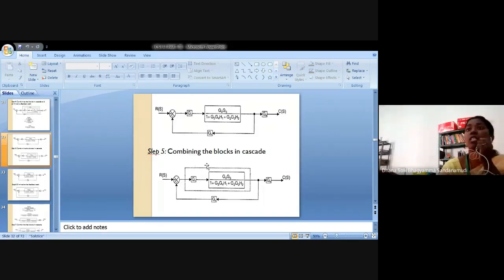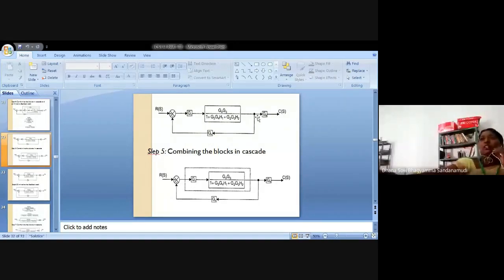In step number 5, I have simply only combined it. You can perform both the operations at a time in step number 5 itself. I have not done that here. It doesn't matter. You can perform one or two operations in the same step, or each operation in each step. It's your wish, the way you like, you do it. Only thing is, at last the result should be the same. The transfer function should be the correct transfer function.